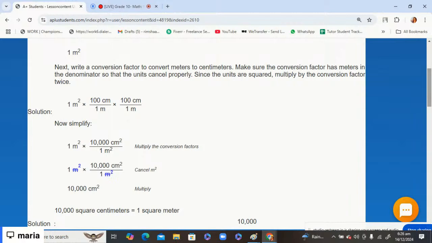You are going to make sure to use the conversion factor that has meter in the denominator so that the units cancel properly. Since the units are squared, you are going to put two units. So 100 centimeter, 100 centimeter, over 1 meter and 1 meter. 100 times 100 becomes 10,000, and that's the answer. Okay,